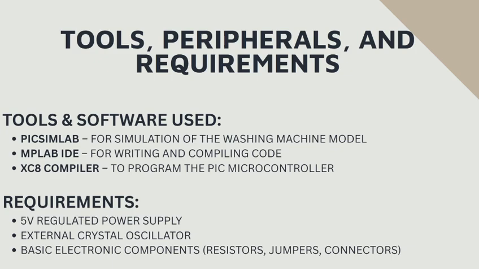And the second one is MPLAB IDE, which is where we wrote and compiled our code. And the last one is XC8 compiler to convert our C language program into a machine-readable format for the PIC